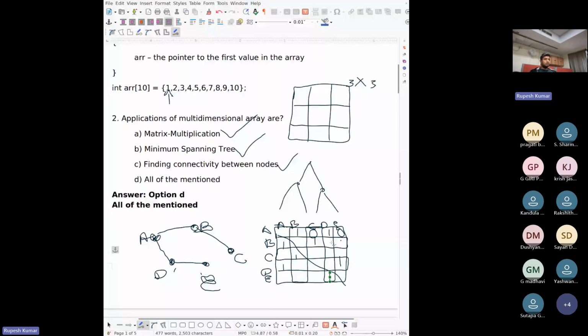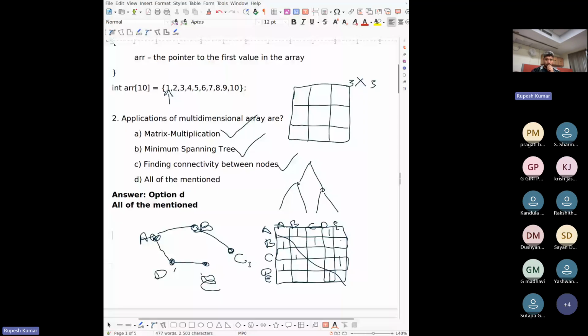Now what you need to do is check if two nodes are connected or not. So how to check that? Let's say I want to check A and C. So go to A's adjacent element. So you go to B, and then you go to the adjacency list of B. You can see B is adjacent with C. So yes, A has connectivity with the node C. So this is how you do this.